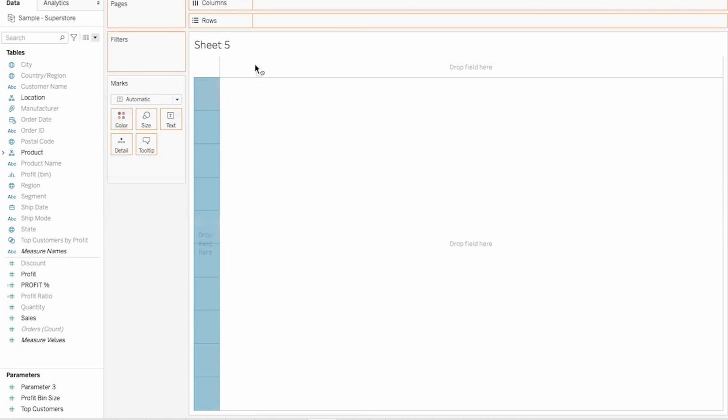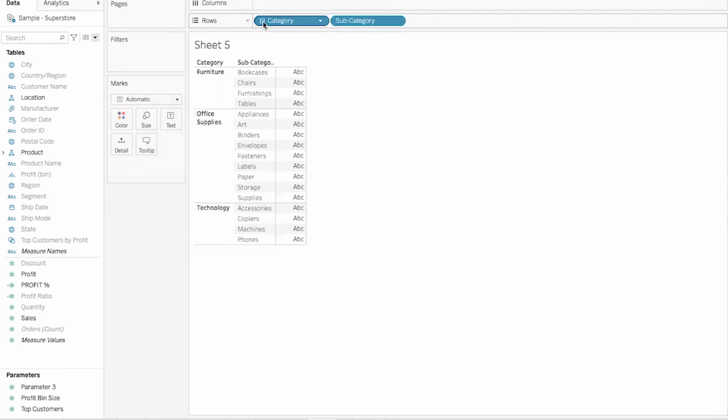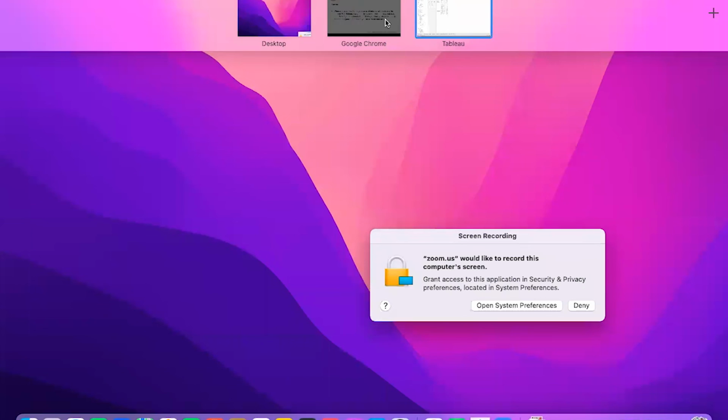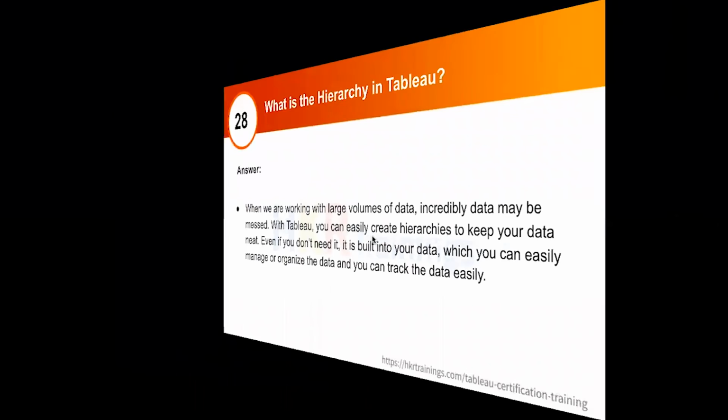Whenever you are dragging this product over here, there is a plus symbol, which is telling that this field is a hierarchy. Whenever you click this plus, it shows whatever is inside this hierarchy. It really helps in keeping the data source or your dashboard very clean, and it's very easy to track also.